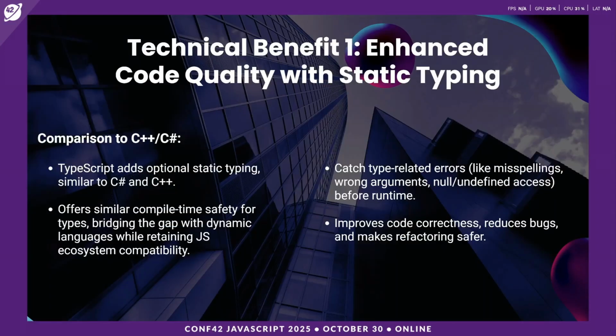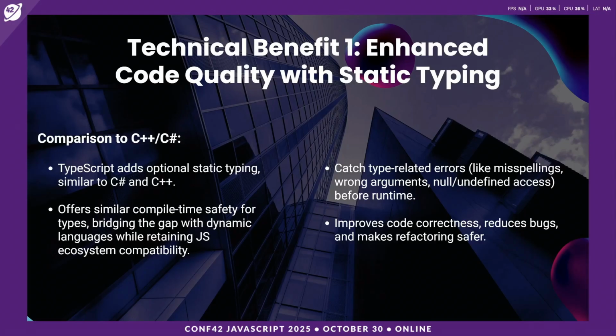So if we were to compare this to what's traditionally used in game development, like C++ and C#, well, we have static typing, so you have that in similar ways as C# and C++, and it has similar compile time safety for types if you're using types strictly. How strict you want your types is configurable.